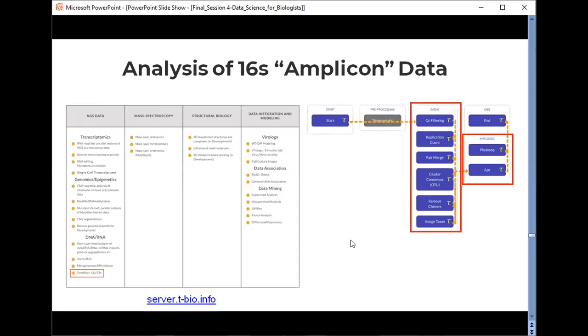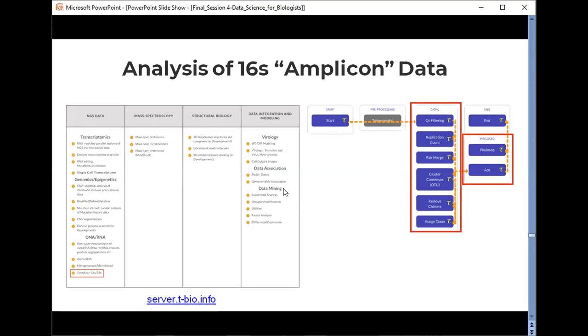Even apart from these two conditions, 16S amplicon analysis is usually used to analyze any two conditions. It could be when you are analyzing the microbiome of a diseased person or a normal person, so you can compare that. We are going to learn how to compare, and what the major points to be considered are, by running this pipeline.